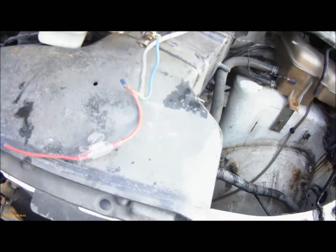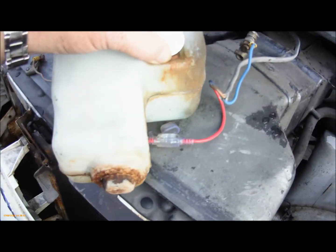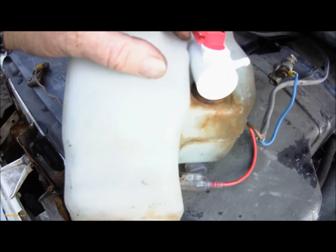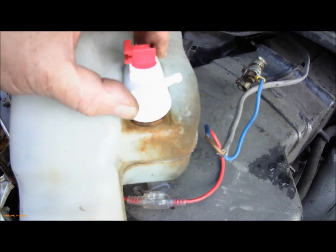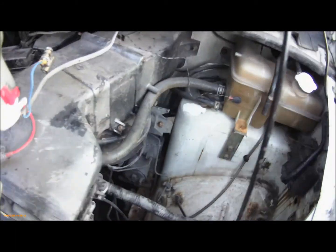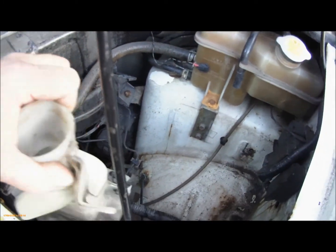So that's it really. Fairly easy. The pumps just clip out. I used the Tommy bar from the ratchet because they're just pressed in. There's a rubber bung here, and if you just ease it out slowly, it just comes straight out, not a problem. And then putting it back together, you need to put it roughly in place,